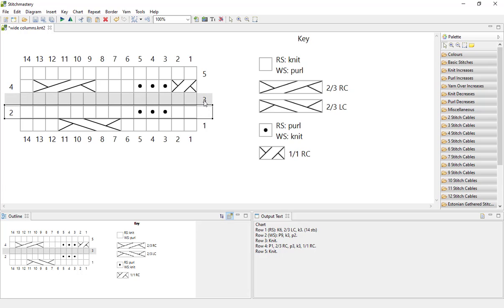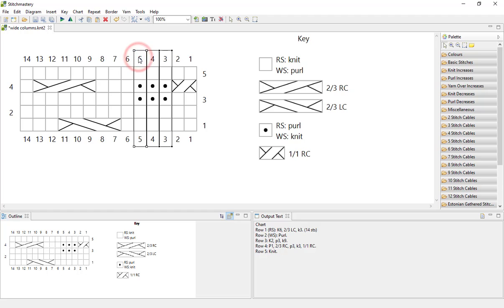As I begin to drag, you'll see we get this greyed out area showing the full selection of the row is moving. And when I have that above another row and release the button, the stitches move into that row. And of course our output text updates automatically. And you can do this with columns as well. It doesn't have to be one single row or column. We can do this with multiple rows or columns.